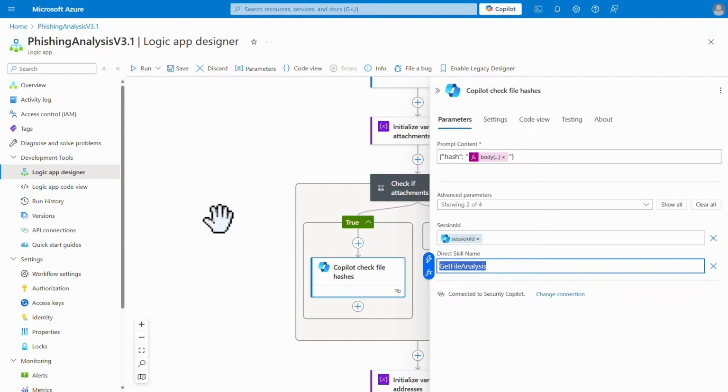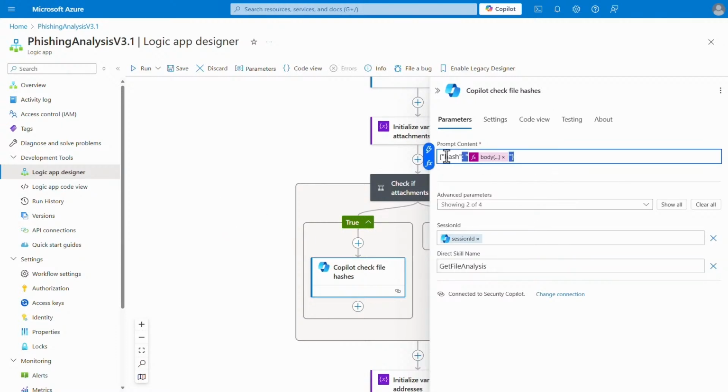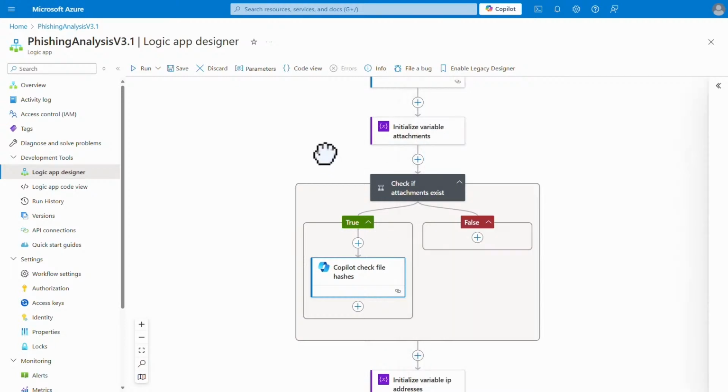What this means is we can essentially skip the orchestration in the planner. Copilot for Security doesn't need to think about where to go get a plugin. You're basically telling it, go use this plugin, go use this skill, and that's what we're doing here. There are a lot of benefits in doing this. One is it's more cost effective, and the second is that it's faster.